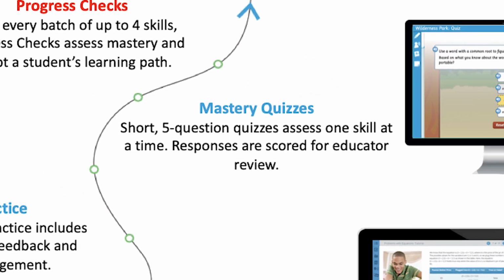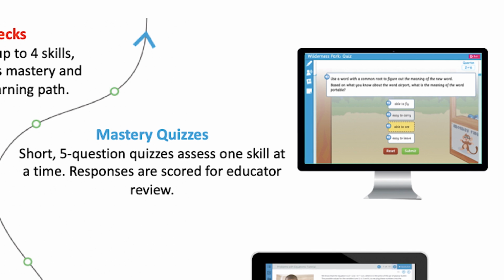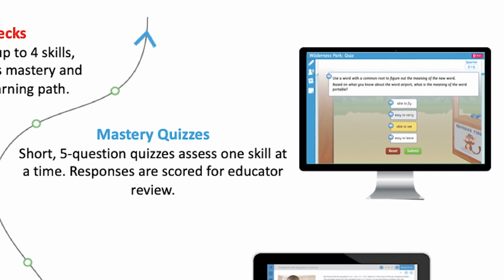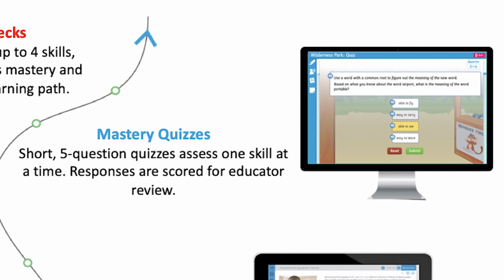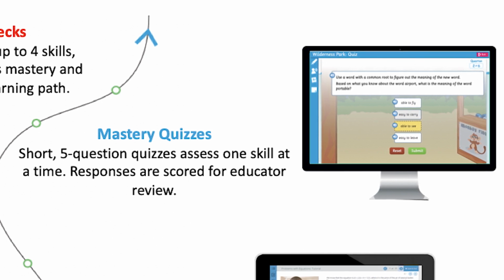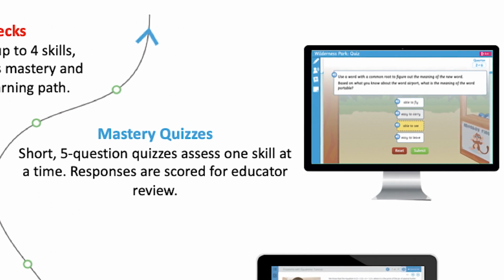The third component, once students have completed the direct instruction and the practice, they are given a short mastery quiz consisting of 5 questions on that specific skill. Their responses are scored for the teacher to be able to review how each student did on that skill. A student must score an 80% or higher, getting at least 4 out of the 5 questions correct to move on to the new skill. If not, the student will be directed to review the tutorial again before the quiz will relock, allowing students to